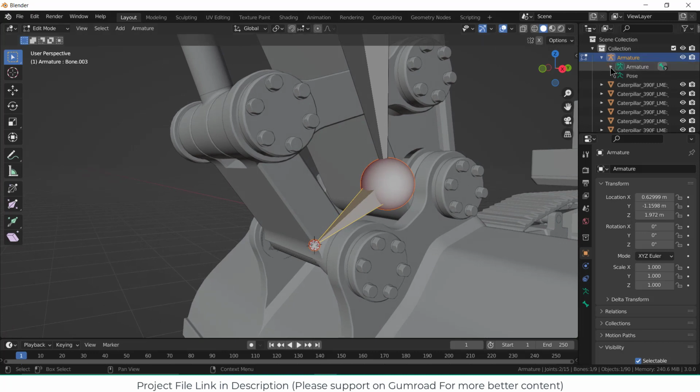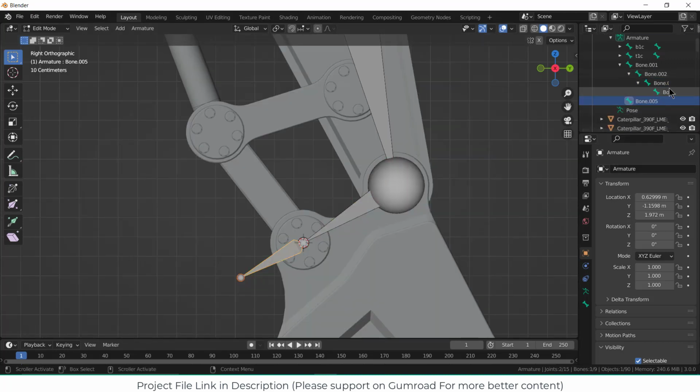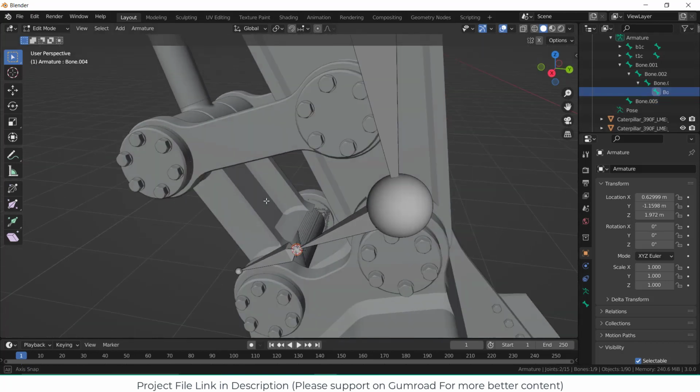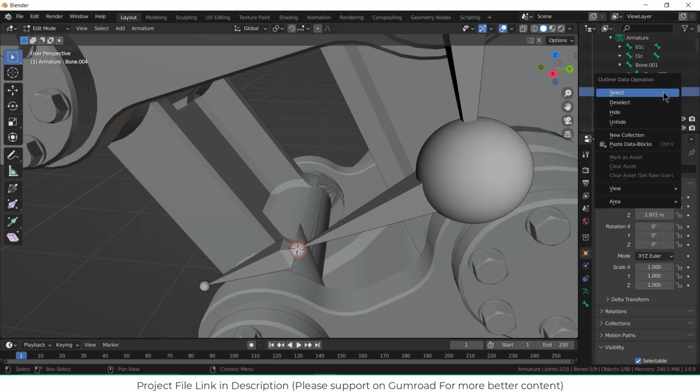go to the armature, so bones, bone, press Alt H. So first let's give them names so that we can find out which one I need to delete. I guess this is the one. Yeah, this one. So select this bone. As you can see, we can't see this bone here because it's just a point. So what I can do is select this, right click, and